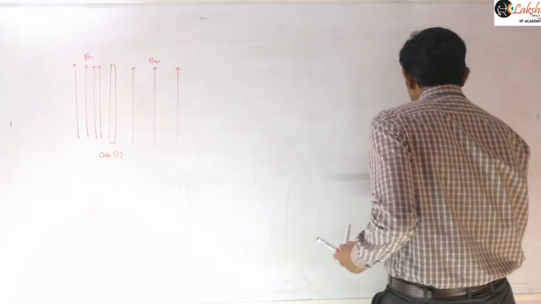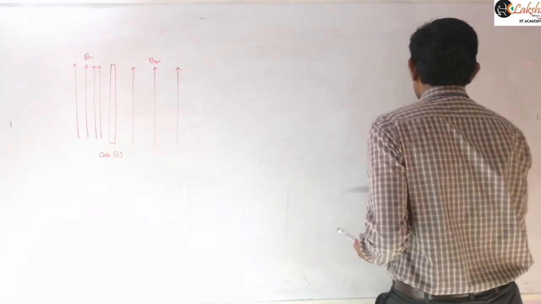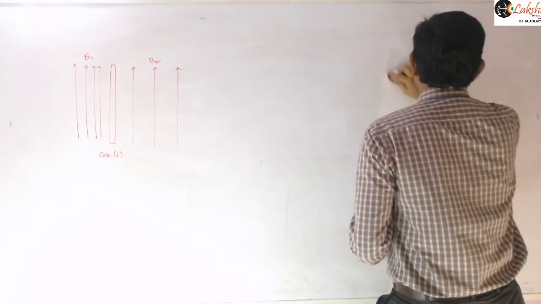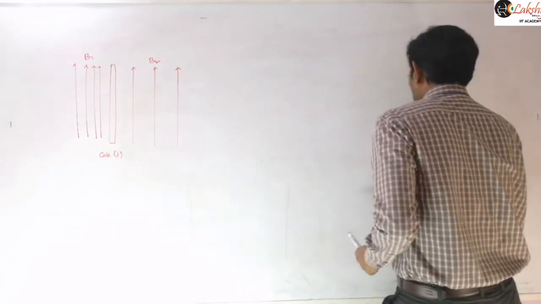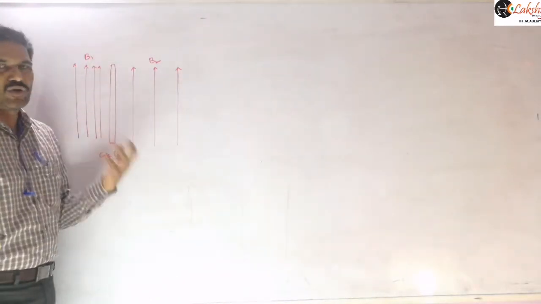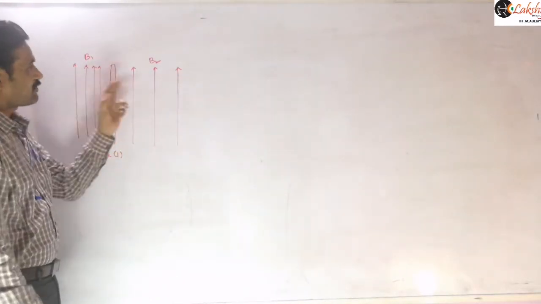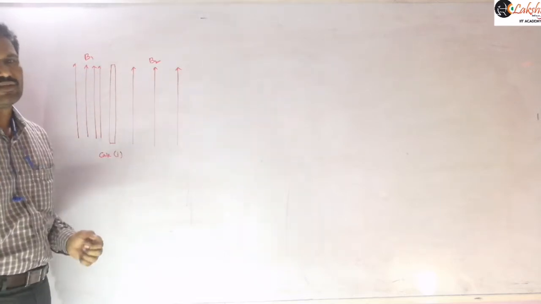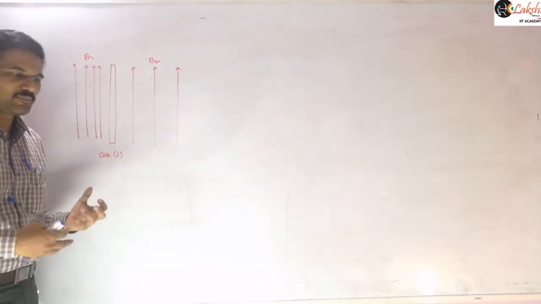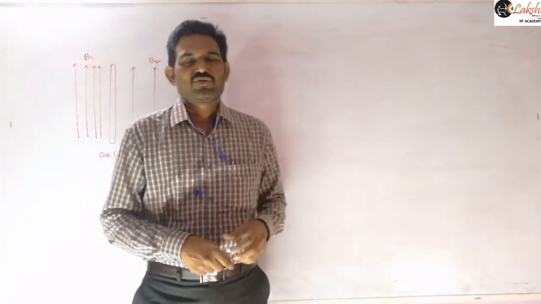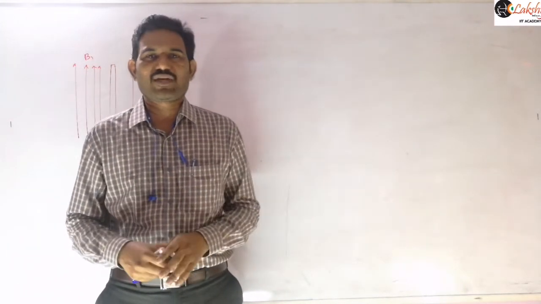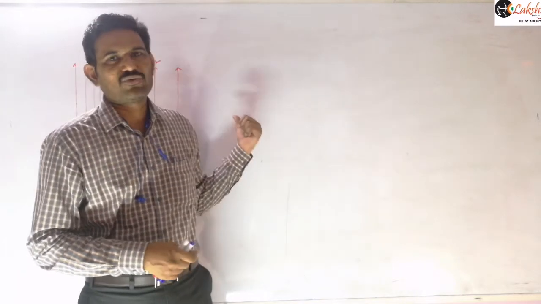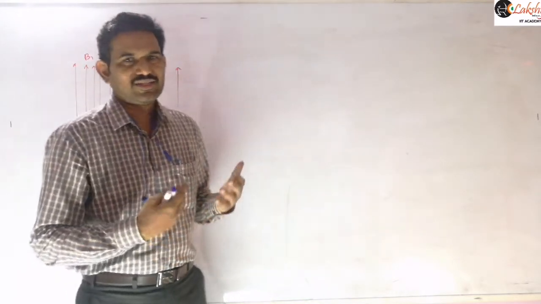And now it is placed in an external magnetic field so that the resulting magnetic field is given like this. The external magnetic field is, let us say, parallel to this plane. So from the diagram it is clear there. That resulting magnetic field on either side is shown like this. So that indicates the current carrying plane is present in an external magnetic field. Whenever a current carrying conductor is placed in an external magnetic field, we know some magnetic force will act on that. So there will be some magnetic force acting on this conductor here, this infinite plane.